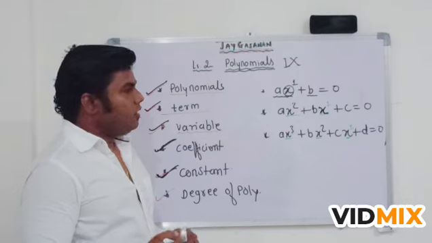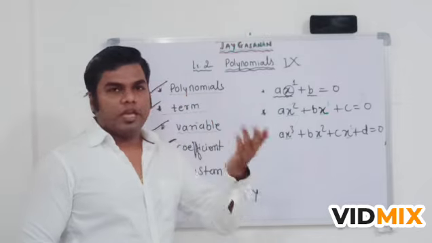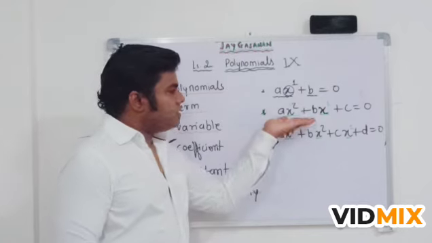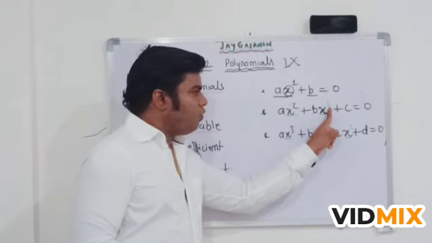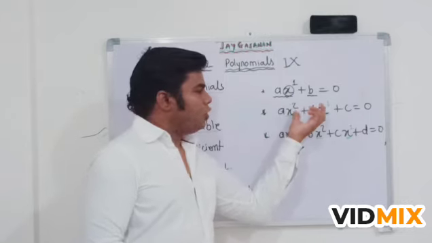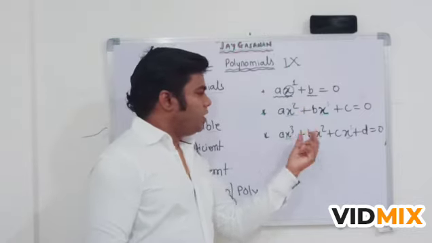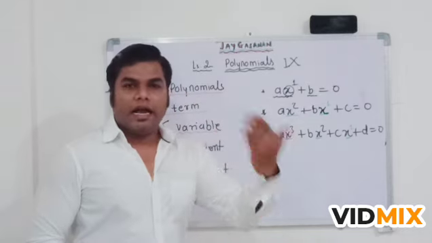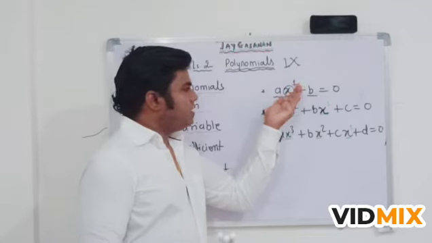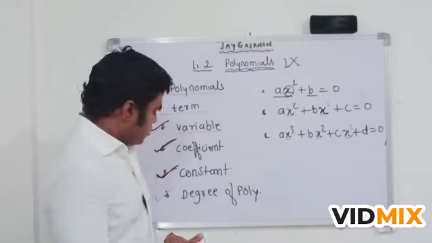So you can see that in the first equation only one power is there, so we cannot compare, so that will be the degree. So here the degree is 1, and then in the second equation you have got 2 for x square and 1 for x. So therefore you have 2 and 1. So we will see the highest among these. Which is the highest? 2. Here which is the highest? 3. So that highest exponent or power will be called the degree. So here 1 is the degree, 2 is the degree, and 3 is the degree. So that will be called the degree of a polynomial. So this is also done.